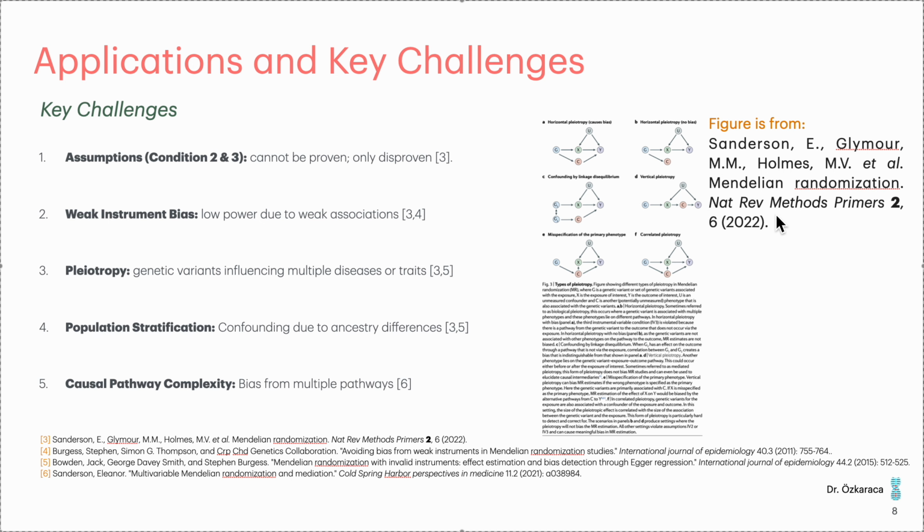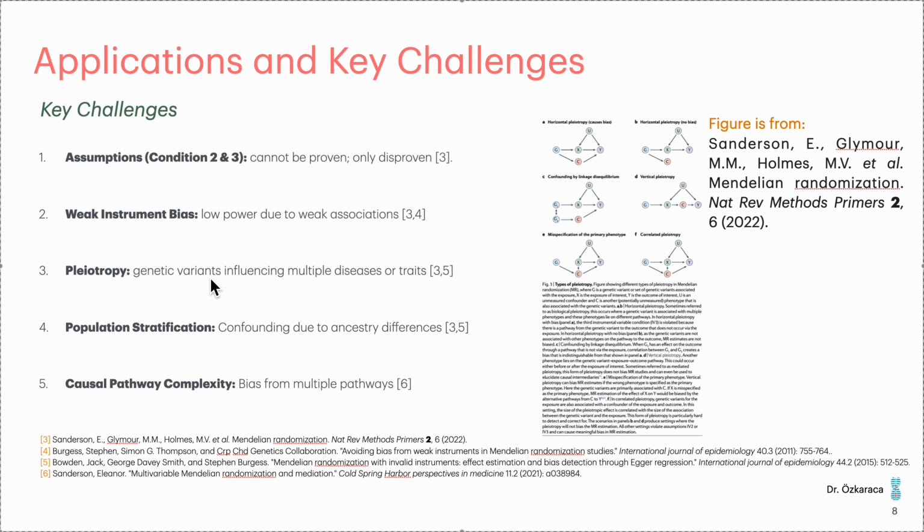This is a very good review paper of Mendelian randomization. And as you can see in this figure, there are different types of pleiotropy that we can encounter, and each of these requires careful modeling to ensure that the pleiotropy is not causing a challenge or bias in